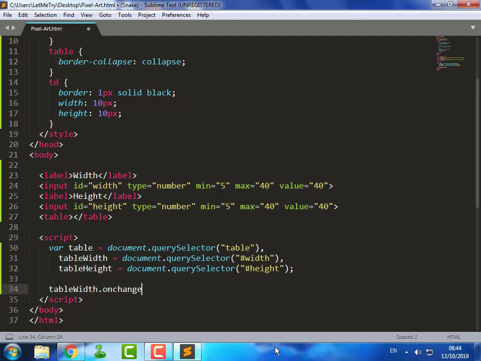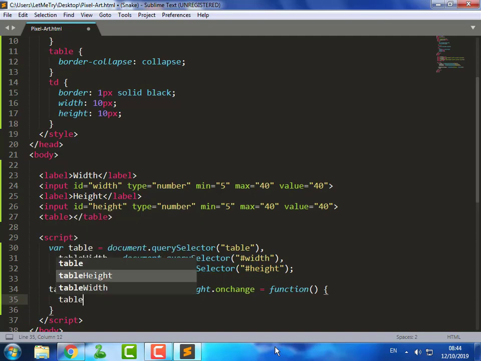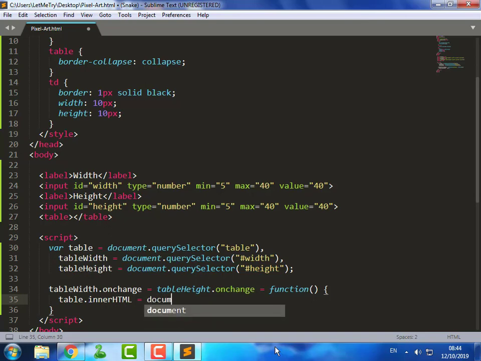And now we handle the onChange of both inputs. Sorry.